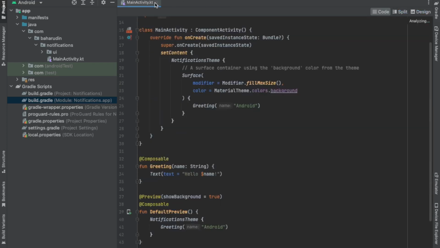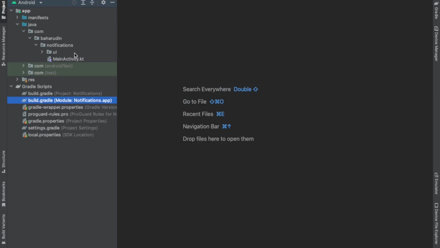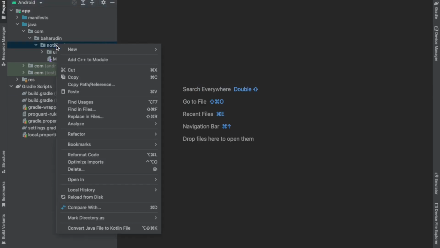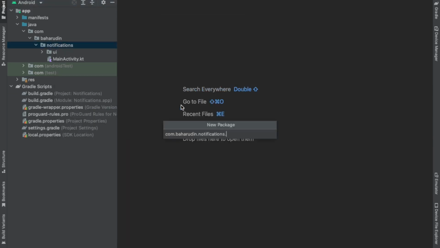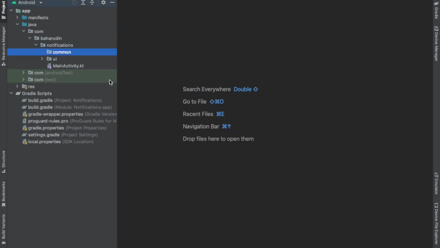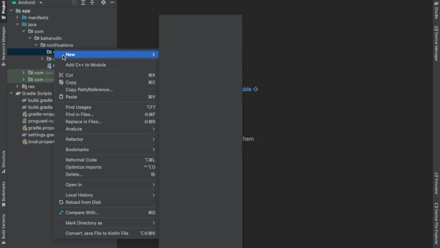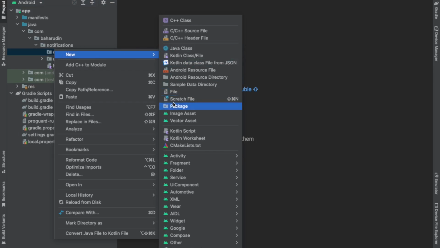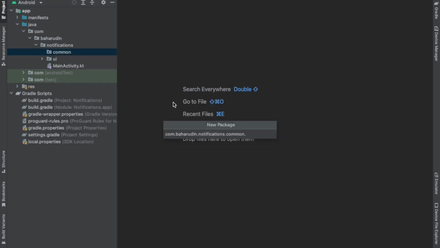And then I will create a new package here. The name will be common. Inside the common package, I will create another new package which is annotation,